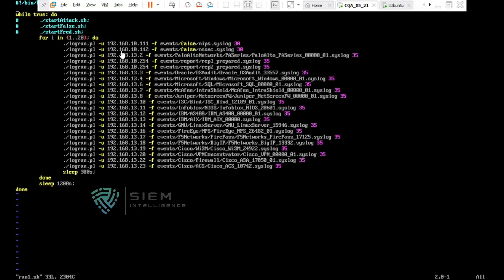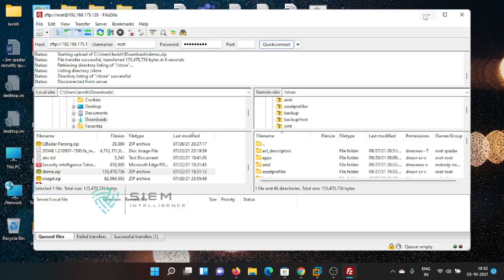So I'll press insert. Instead of this OSX log, I'll send my system log name.